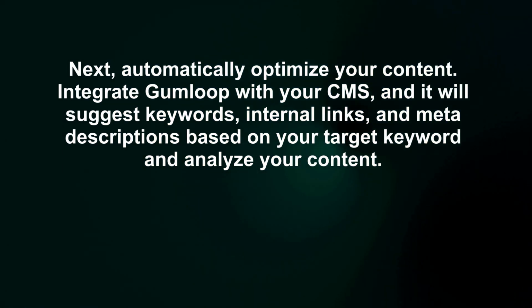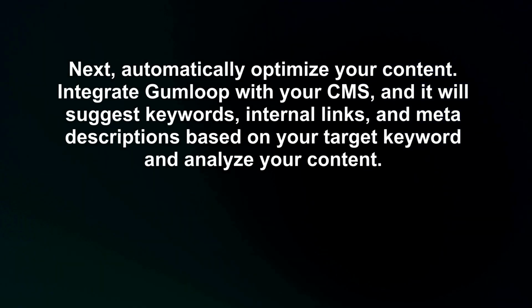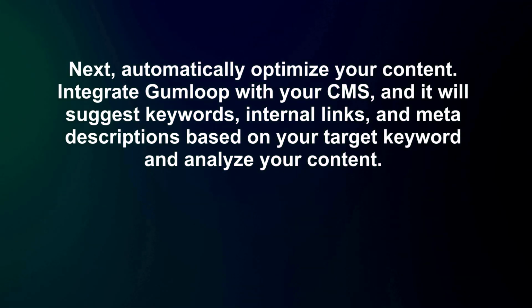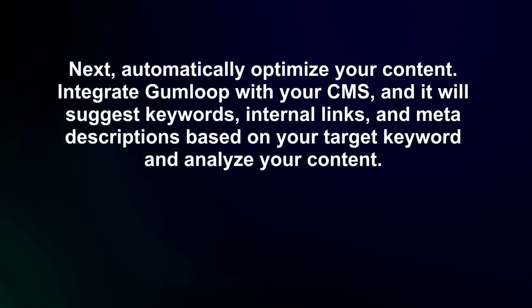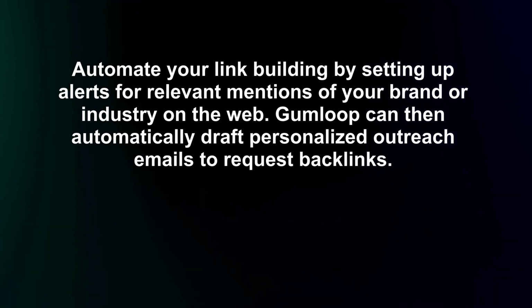Next, automatically optimize your content. Integrate Gumloop with your CMS, and it will suggest keywords, internal links, and meta descriptions based on your target keyword and analyze your content. Automate your link building by setting up alerts for relevant mentions of your brand or industry